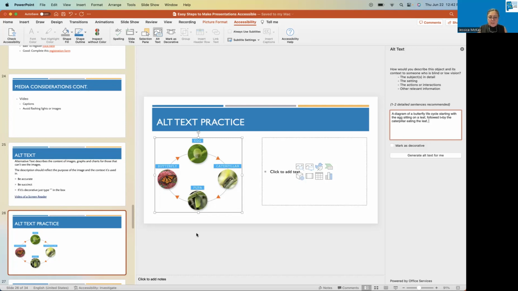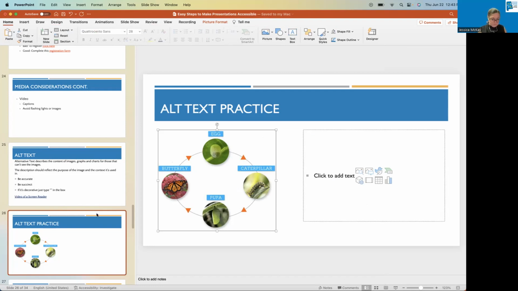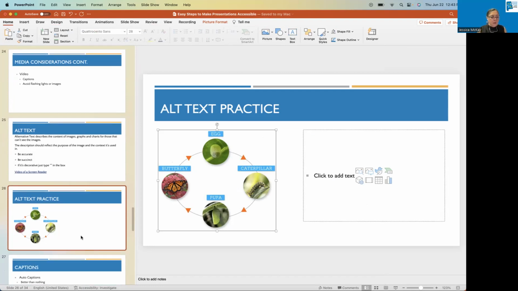I may not feel like I need to do the arrows, or if I wanted to, I could say something about egg with an arrow pointing to the caterpillar, pointing to the pupa. Again, it depends on how much information I feel is actually needed to convey what I want to show my students. But for me, I probably would say followed by or next, I think, would show them the order of the cycle. And then now my alt text is in that image.